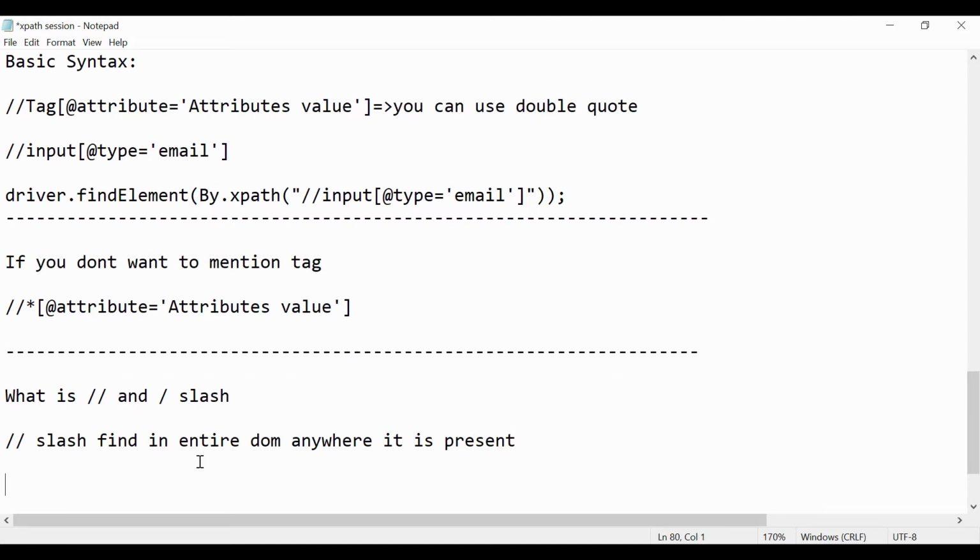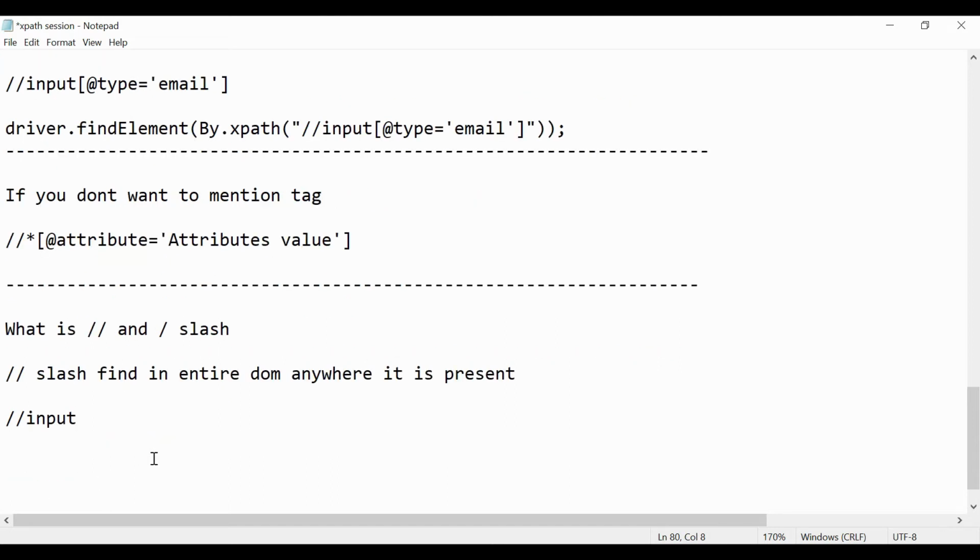It should check all the input tags in the HTML DOM, no matter where they are, at the first place, at the 10th element, or at the end.